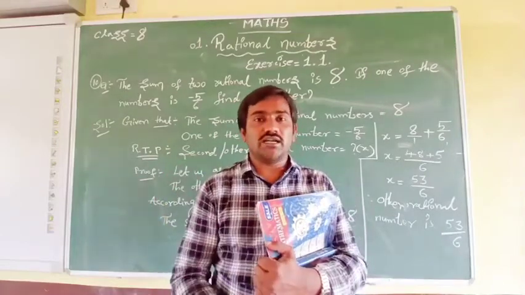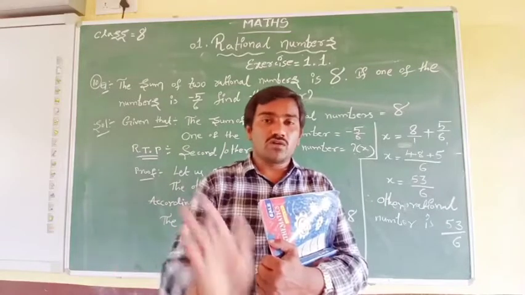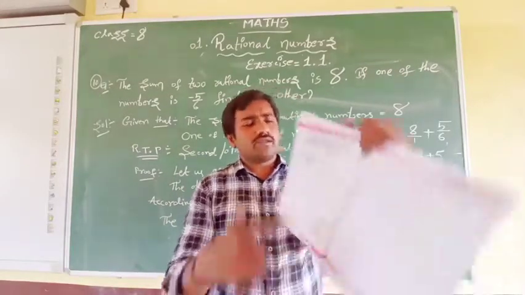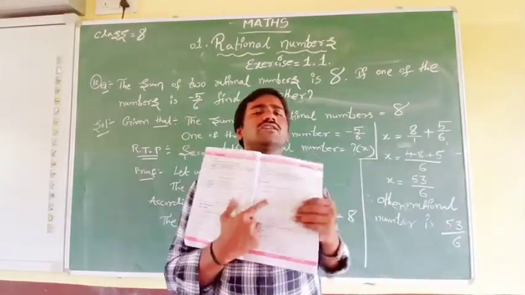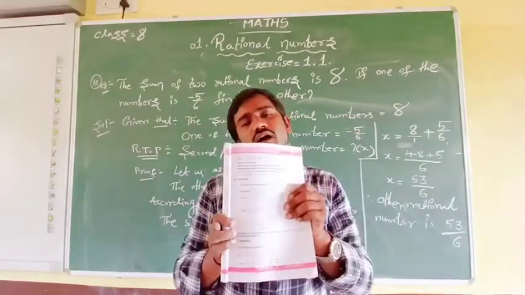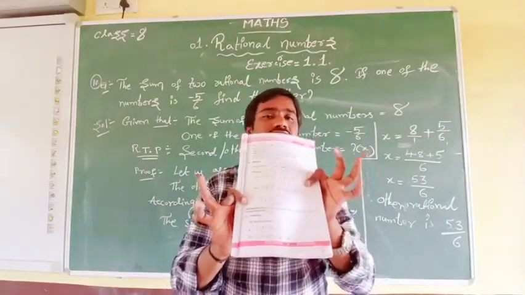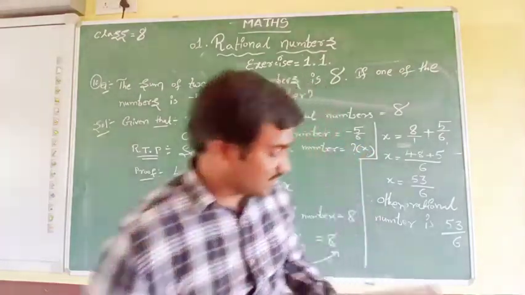Then only you can understand whether subtraction will be associative or closed under subtraction or not. They asked you for one example, no? This is the problem, they have given an example. The same one you post in the notes, or else you go with another example. There is no problem. So the 11th question is complete.